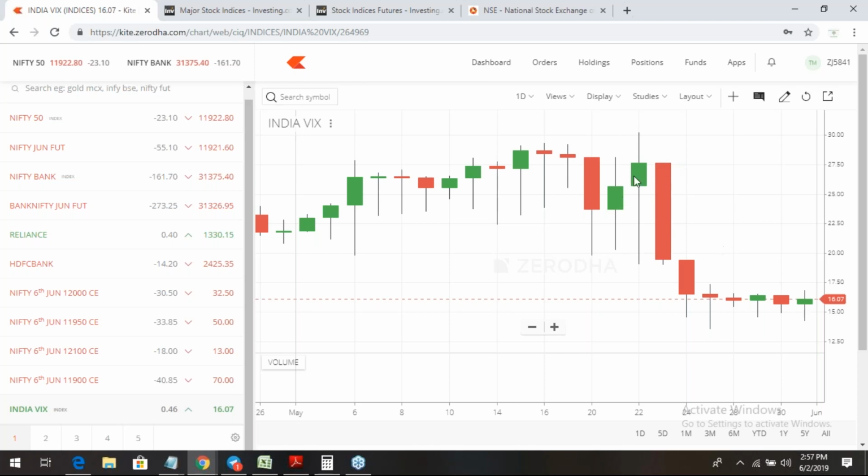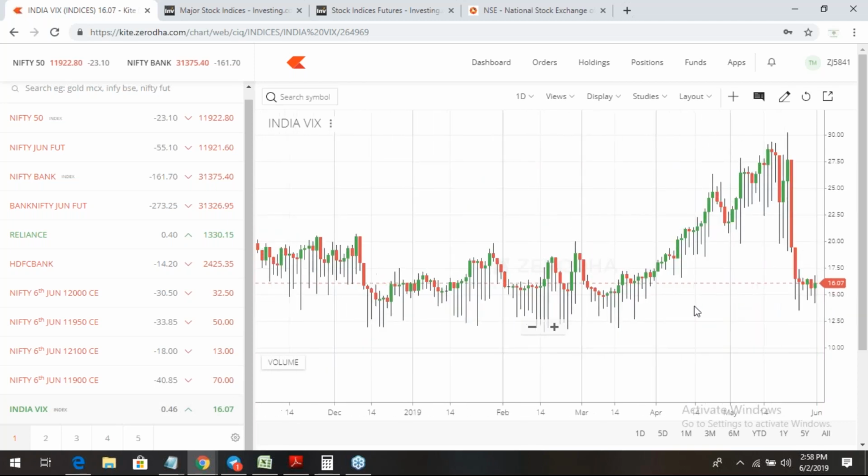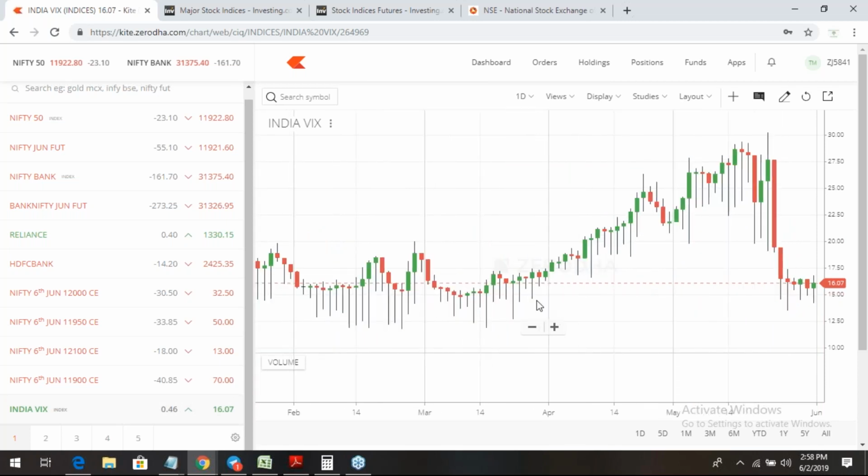But on those 3 days, 4 days, see the VIX is around 30, 27. Within 2 days, where is VIX now? Within 2 days, VIX is at 16. Now what is the rate? 16 point, almost flat. Understood, Swapnil? See the VIX. VIX was flat, but when the results were coming